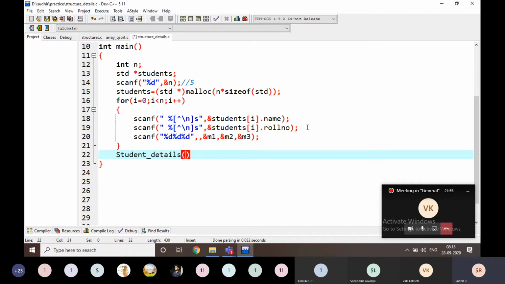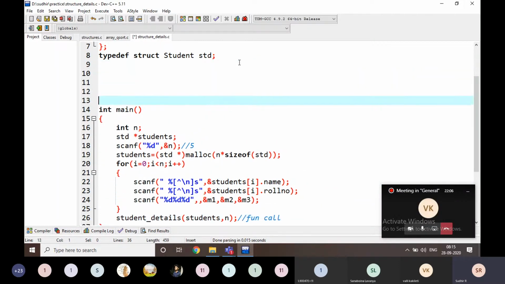I am going to pass here students comma n. This is the function call here. I am going to pass the total students and how many students are there. We have to write the loop on this. That's why I am writing n here. Okay, that's it, nothing else.